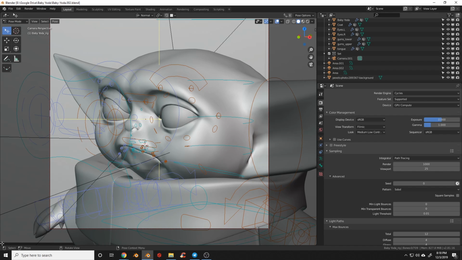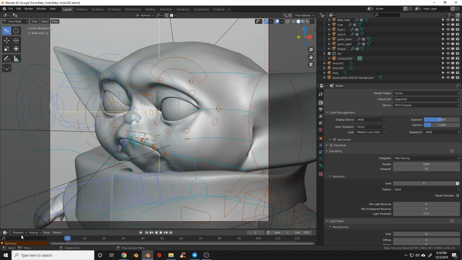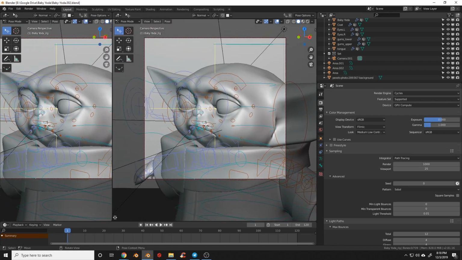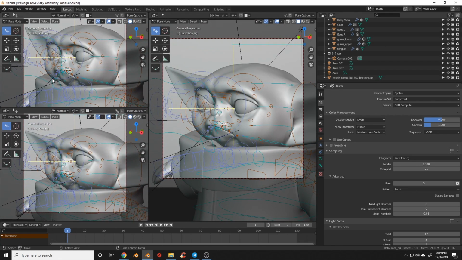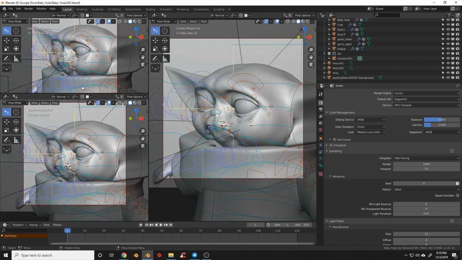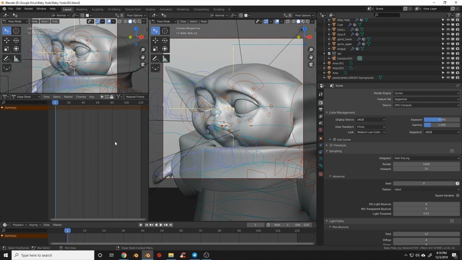So let's talk about the setup I'll do for character animation. Generally, I'll drag up here and I will put a timeline, which most of the time will be there by default. And then I'm going to drag this window over here, drag this window up here. Now I'm going to leave this one here as my camera view so that I can see what's in the camera, because there's no point in animating the entire character's body when only a small portion is visible to the camera. Then down here, I'm going to turn this into the dope sheet.